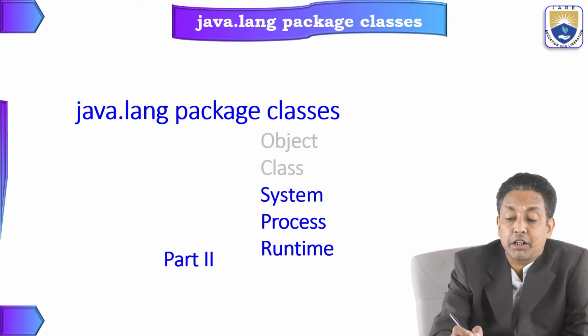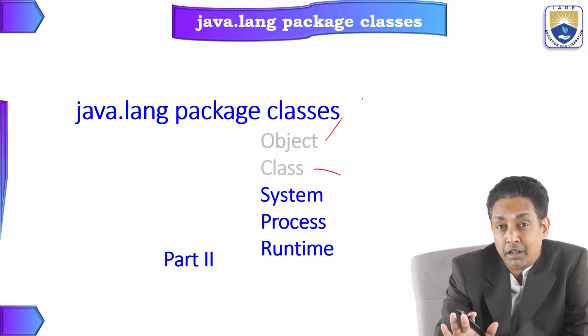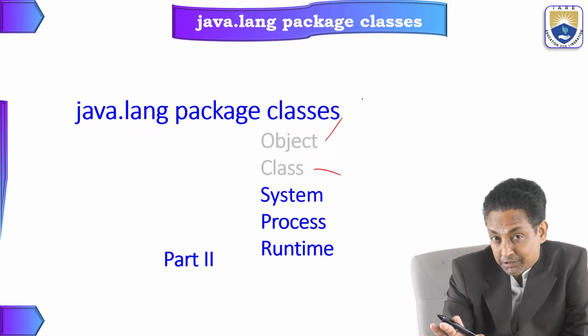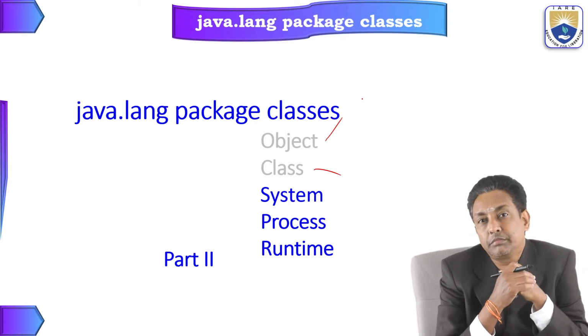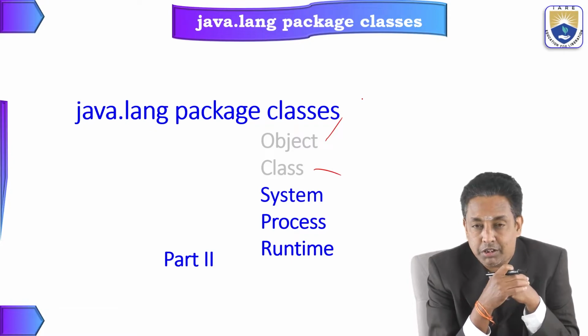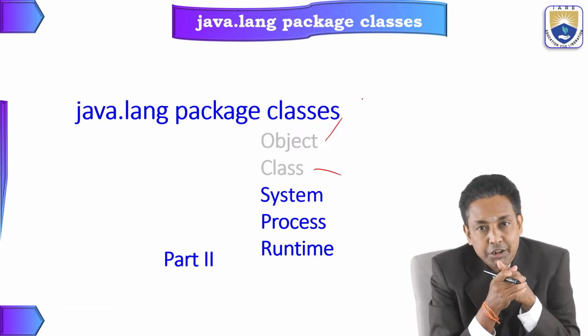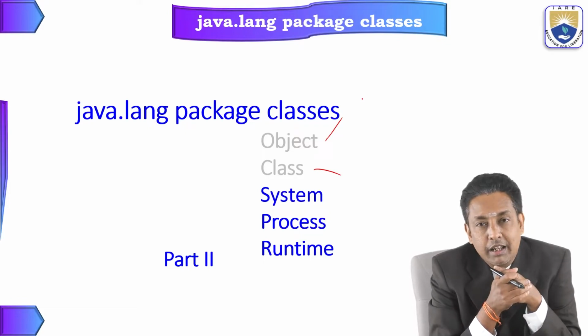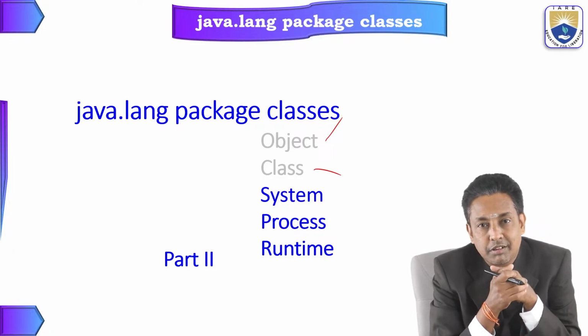Once again, I would like to give you a brief note about them. The Object class has functions that are commonly required by all Java classes, all given in the java.lang.Object class, such as equals, hashCode, toString. These three methods must be overridden in every class